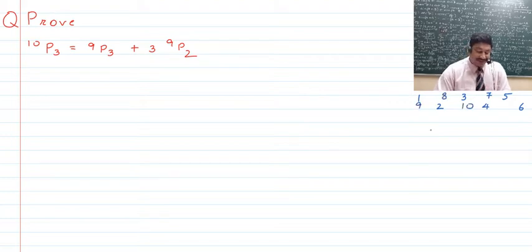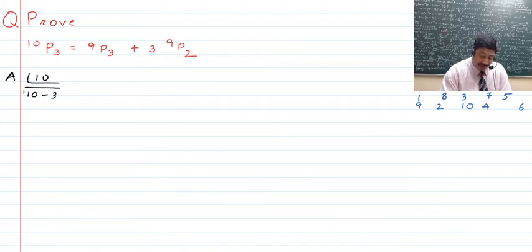Okay children, now let's discuss the sum. Here in the question you've been given to prove 10P3 to be equal to 9P3 plus 3 times 9P2. So here what we do in this question is we first break up what we have in terms of the notation formula. That is, 10P3 can be written as 10 factorial, which is going to be divided by